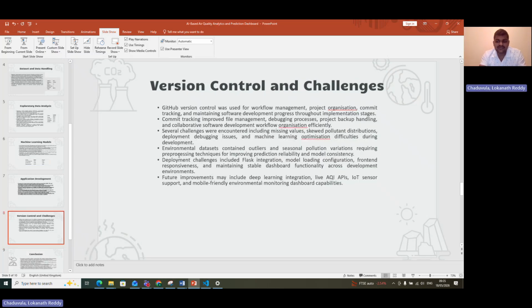And in the version control and challenges, the GitHub version control was used throughout the project for project management, code tracking, debugging, and backup purposes. Version control helped to organize development stages and maintain project consistency during implementation. Several challenges were encountered during the project, including missing environmental data, skewed pollution distribution, deployment debugging issues, model optimization, and